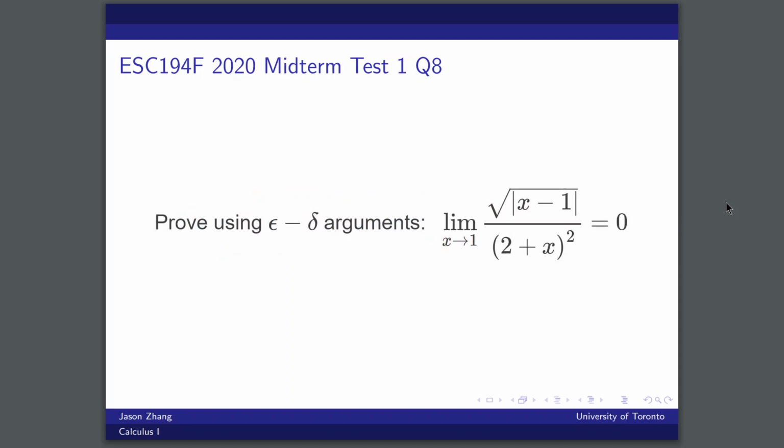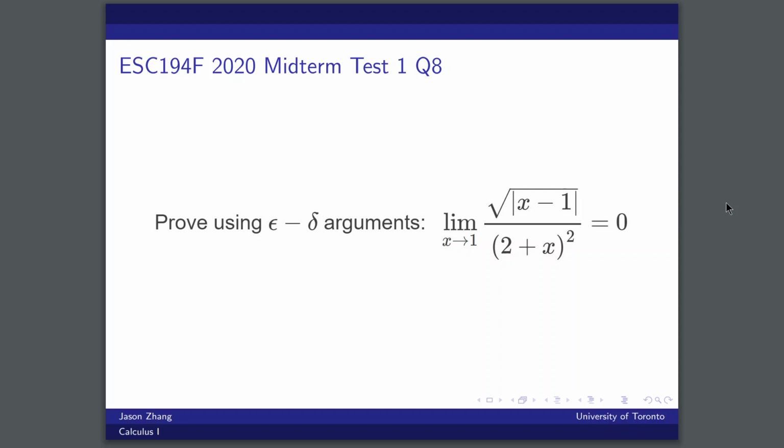And this is the question. It's very straightforward. Prove using epsilon delta arguments that this limit is true. So we have a wild function, square root of absolute value of x minus 1 divided by 2 plus x squared. And it's basically asking us to prove that the limit of this function as x approaches 1 is equal to 0,